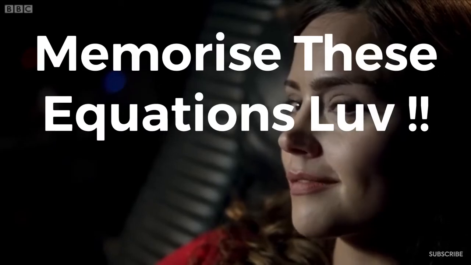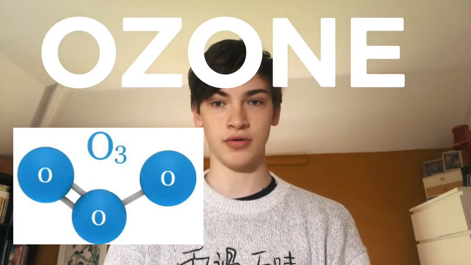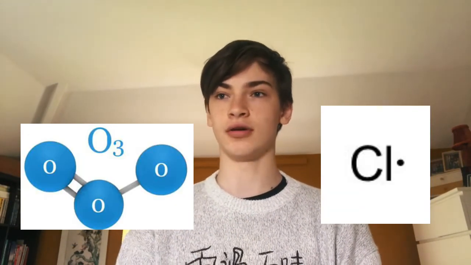And remember, these reactions can cause problems. In the atmosphere, we have a molecule called ozone, O3. Now, ozone can react with a chlorine free radical. The chlorine rips an oxygen off and it creates O2, and it creates this